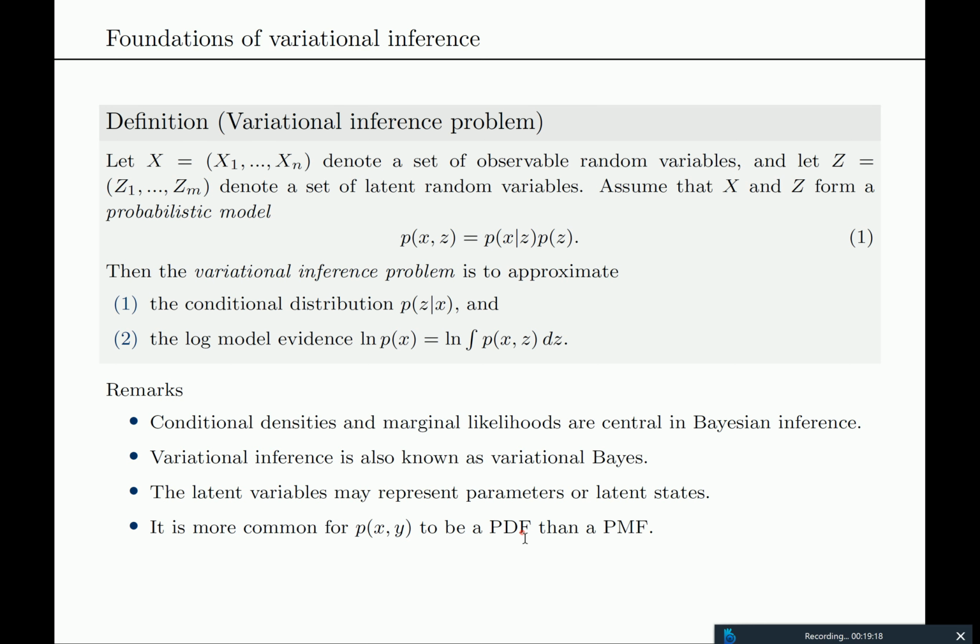So this is what we want to solve. We specify a probabilistic model, a joint distribution of all observable and non-observable or latent random variables. We know the likelihood, we know the prior, because that's how we always start Bayesian inference, and now we want to evaluate the posterior and the marginal log likelihood. And of course, you can also compute the exponential of that, and then you just have the marginal likelihood. We will see in a second why we have the log here.